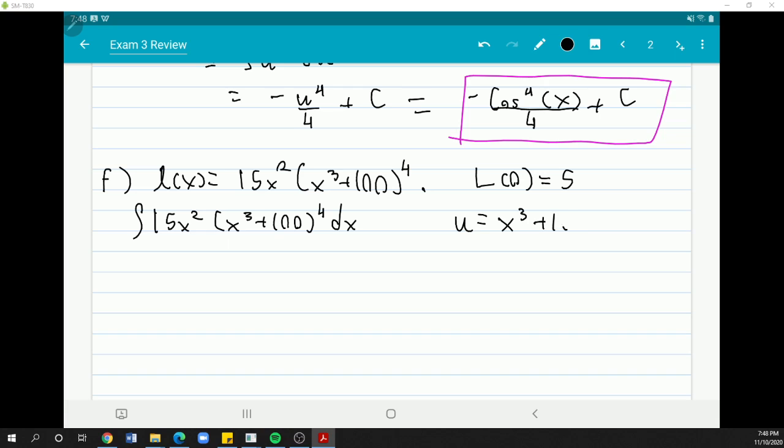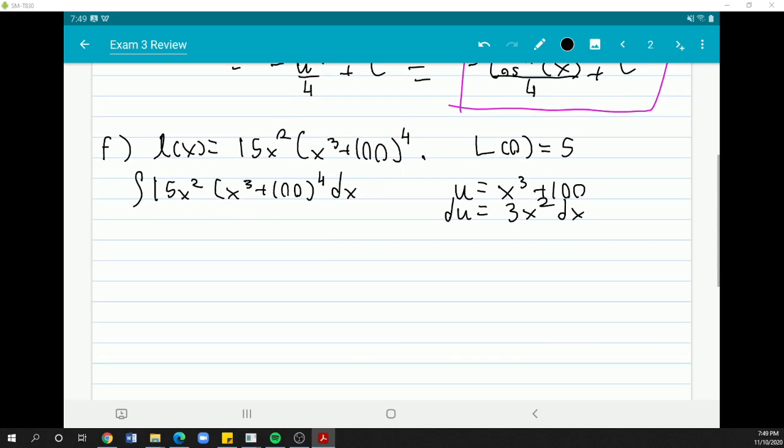So I'm tempted to make u x cubed plus 100. du would therefore be 3x squared dx. I have 15x squared dx. So that means I have 5 of these du's. So this becomes integral of 5 times u to the fourth du